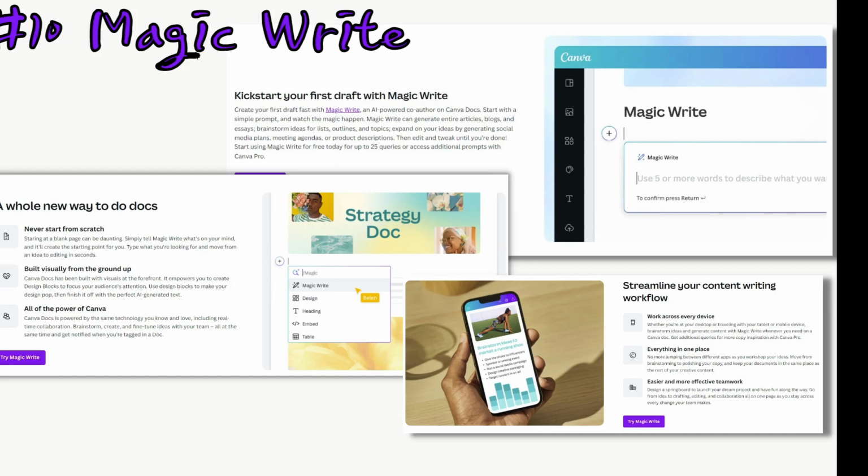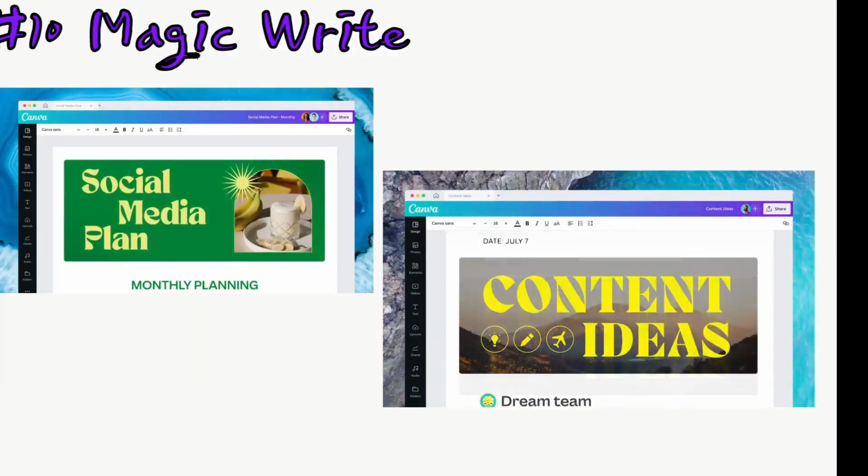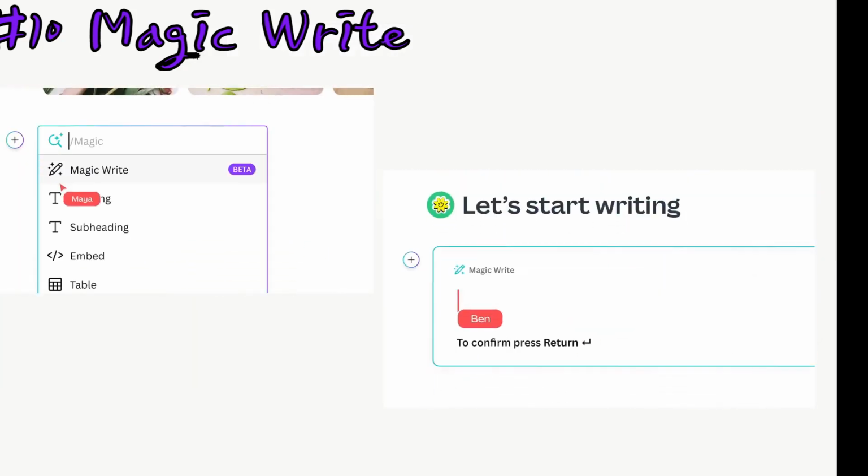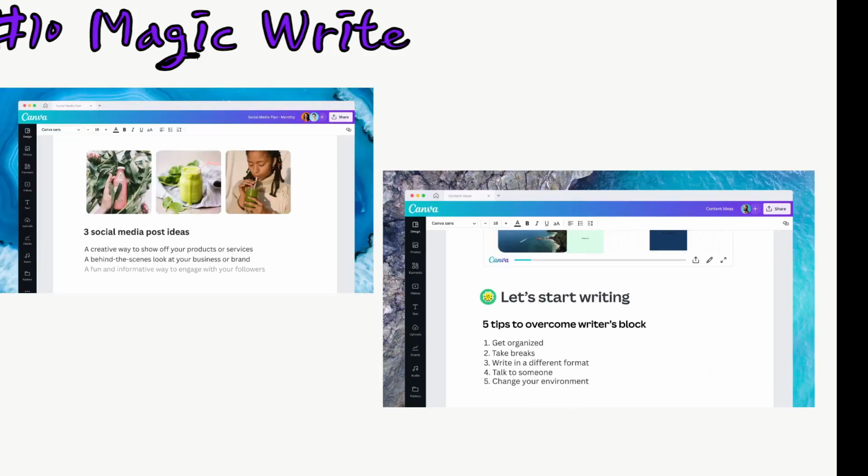So with all the buzz right now with ChatGPT being able to create these amazing documents within a few seconds, Magic Write also has the same ability built right within the Canva Doc program. So you basically tell Magic Write what you want to create and it'll create the text for you. So you're going to type in what strategy, meeting agenda, maybe it's a letter for a parent.